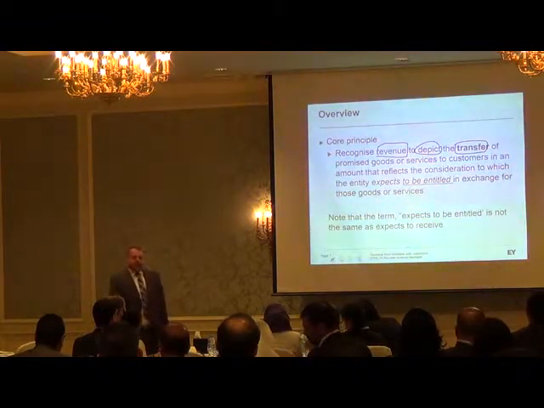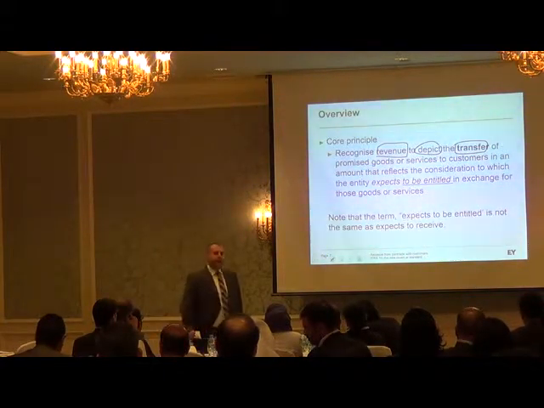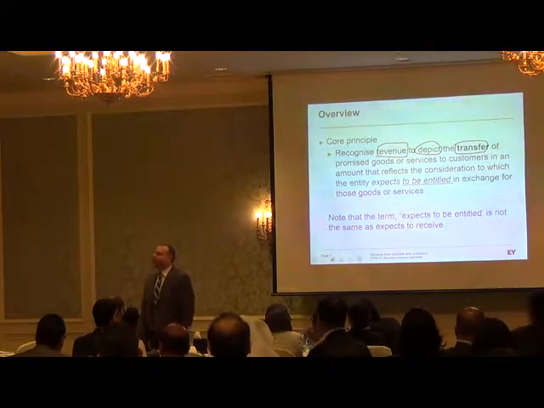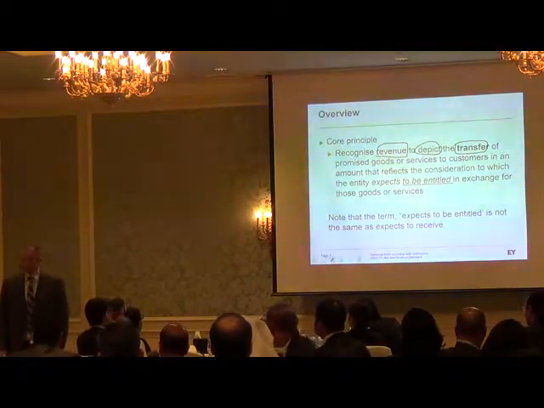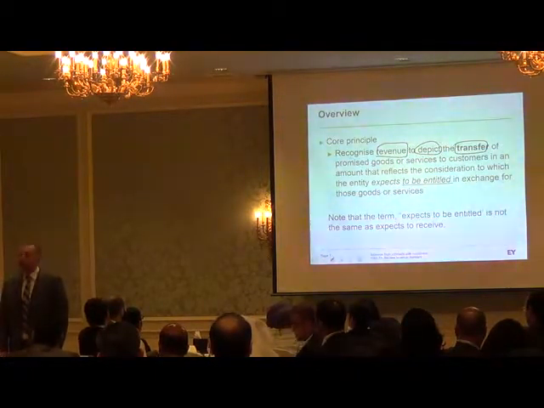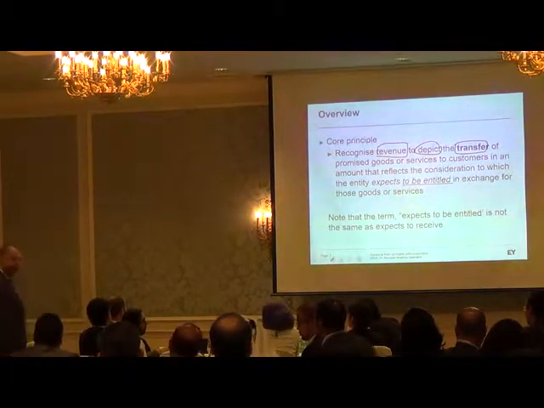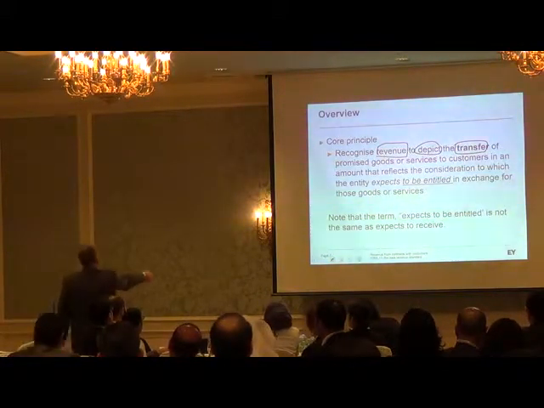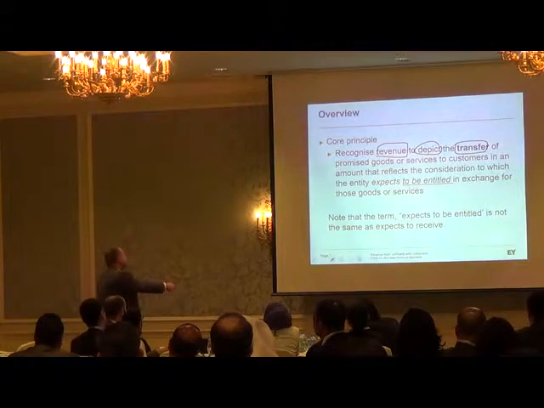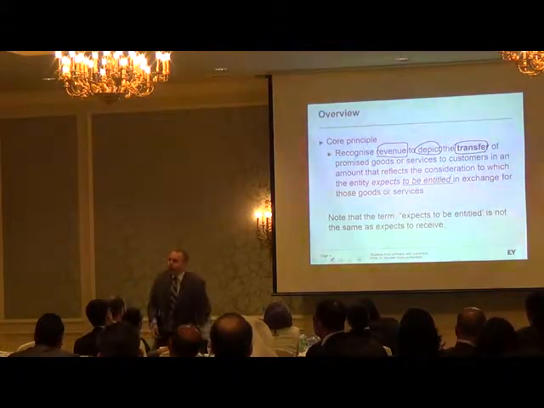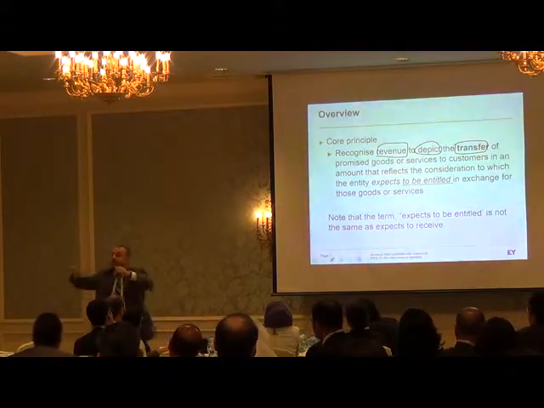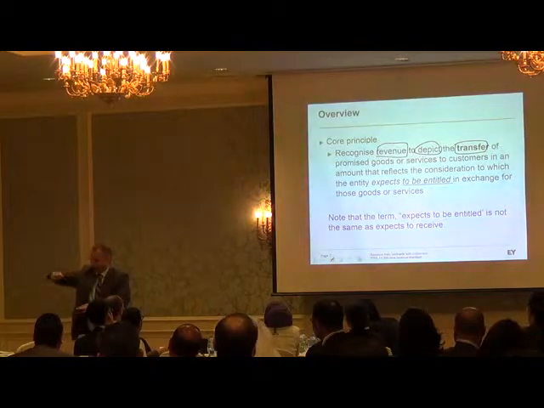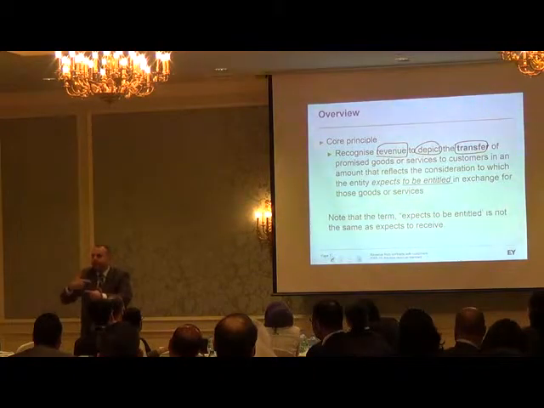Alright, so the first thing that you need to remember is that there are two huge theoretical changes. Well, to be honest, it's very easy to make a theoretical change because the current standard, IAS 18, doesn't have too much theory. Okay? Now, the first theoretical change is that we need to depict the transfer of the promised goods or services to the customer. So we need to see how the goods and the services are provided, in which pattern. And this is how we should be able to recognize the revenue. So that's the first change.